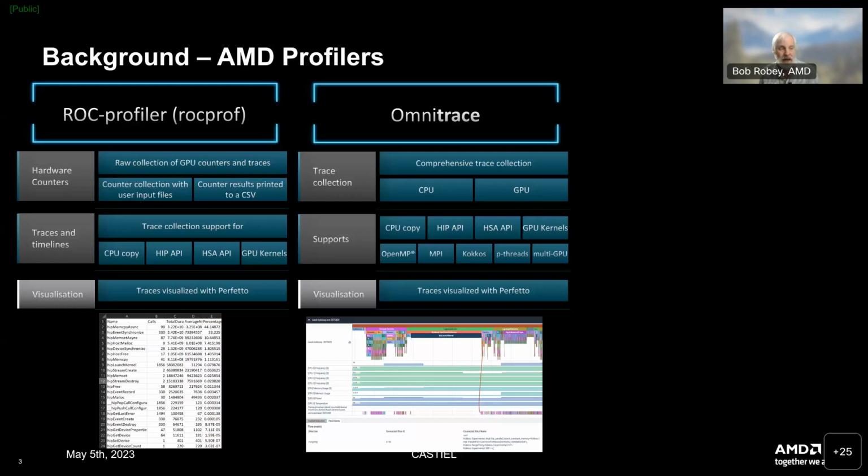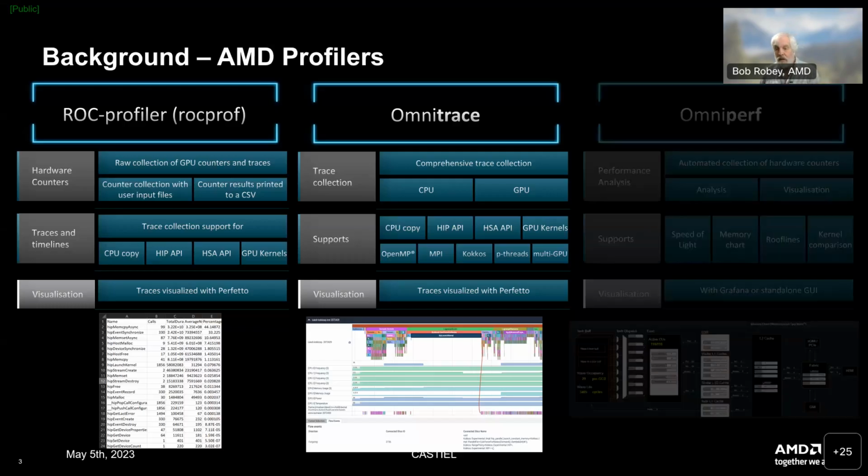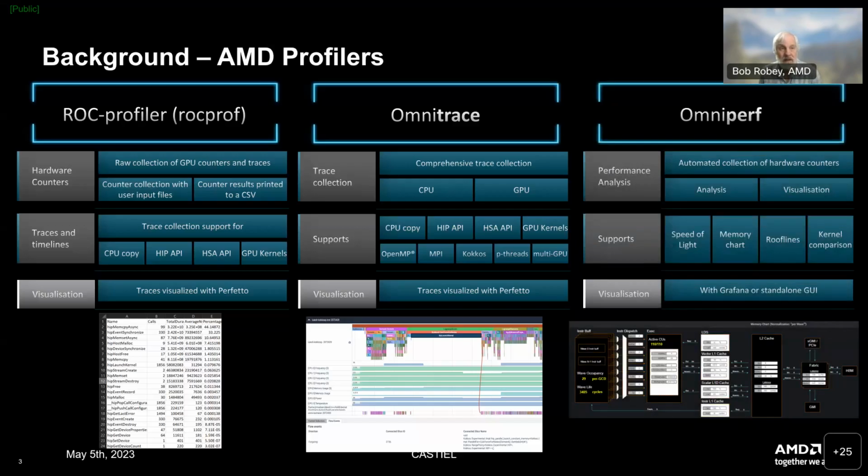But as you see in the bottom image, there's a lot more information, a lot of different things being shown on the timeline. And so it provides a lot of rich sources of information, and you can select what information you want for your particular run. The third tool is OmniPerf, and this one also shows the hardware counters,